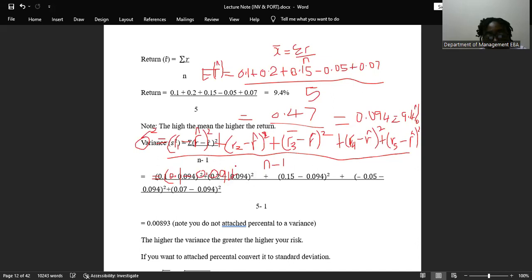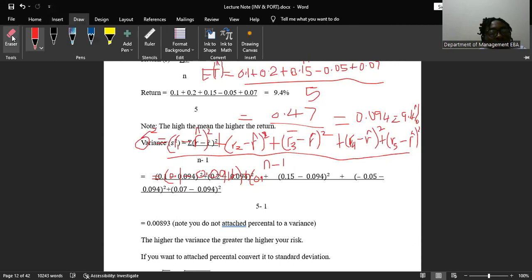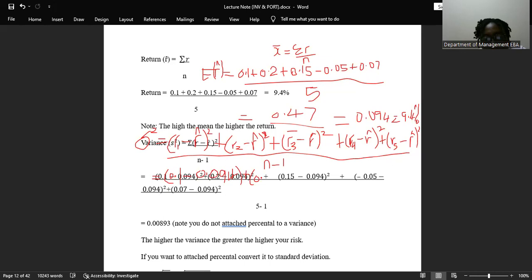Plus the second R is what? Zero point 2 minus